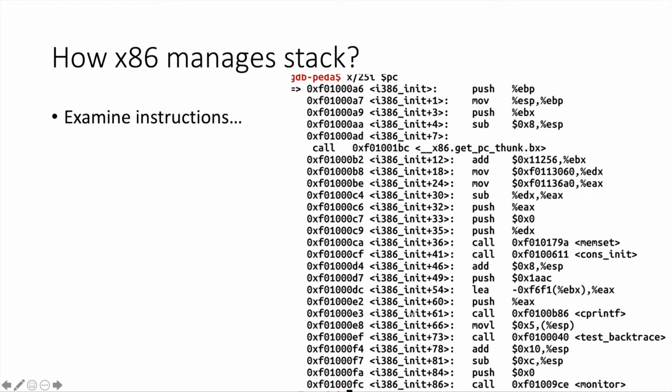And to do that exactly, we can get the disassembly of the i386 init after you set up the breakpoint, and then break it there by running x/25i starting from the $PC, which points to the instruction pointer, and then it will show the disassembly of the code. And among the disassembly code, we can identify that there's a call for test backtrace,